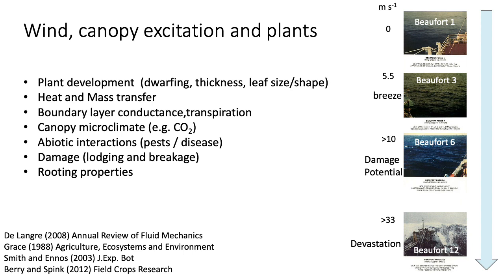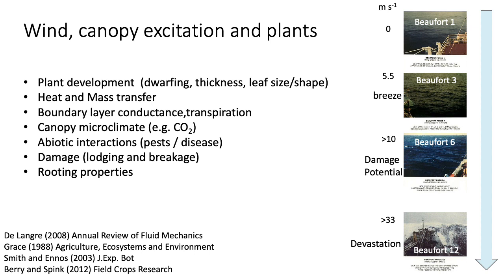So wind, of course, has many effects on plants. It affects plant development. It can induce dwarfing and changes in leaf size and shape. It affects the heat and mass transfer, gas transfer as well, boundary layer conductance. The canopy microclimate is greatly affected by wind, and there are influences obviously on damage at high wind speeds and rooting properties, and there's a big field of research in this area. But what's not been considered is the impact of low wind speeds on photosynthesis, small changes in canopy movement, and these happen